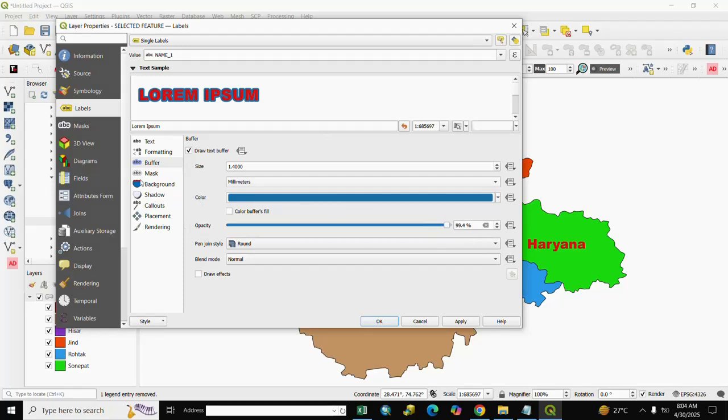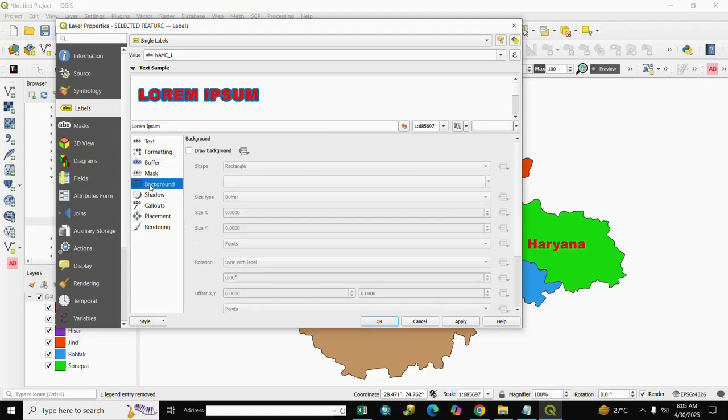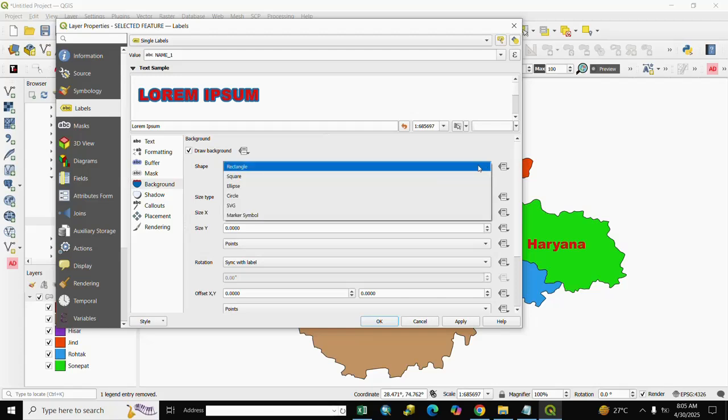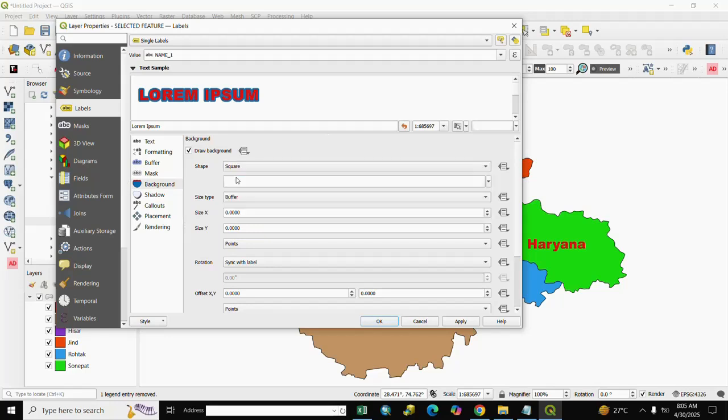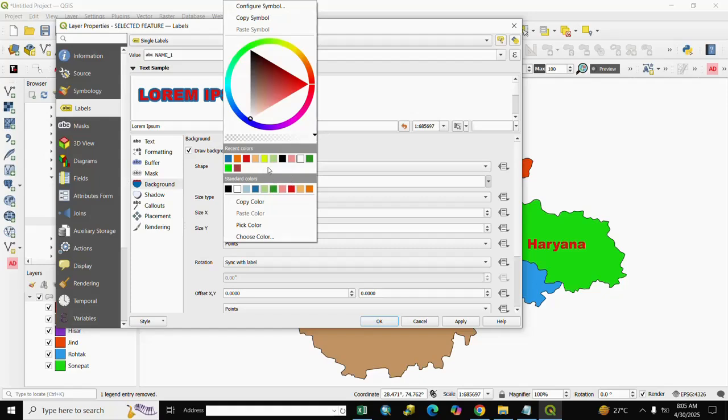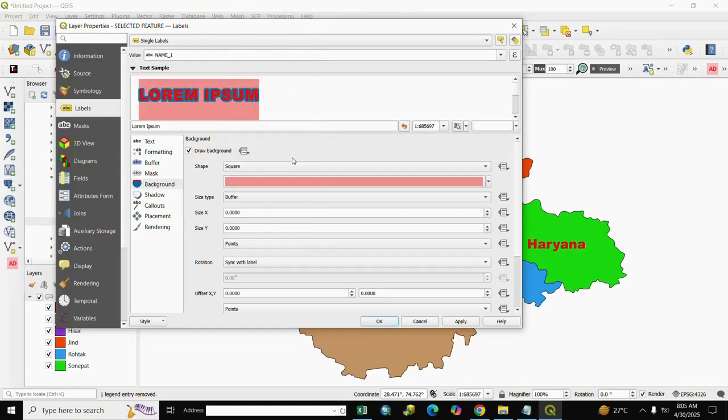After it, if you want to change the background, you select here and click draw label and shape: square shape, ellipse shape, circle shape, we select here square. And color as per your choice, select here color. After it, apply. If you want to use expression, we click here expression